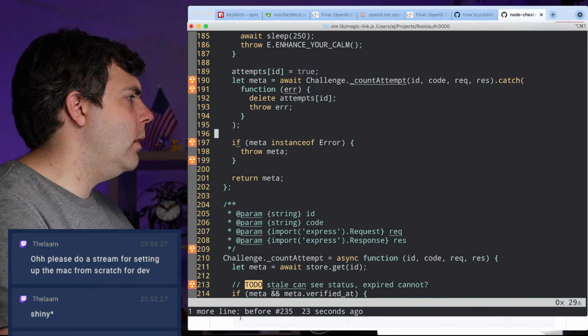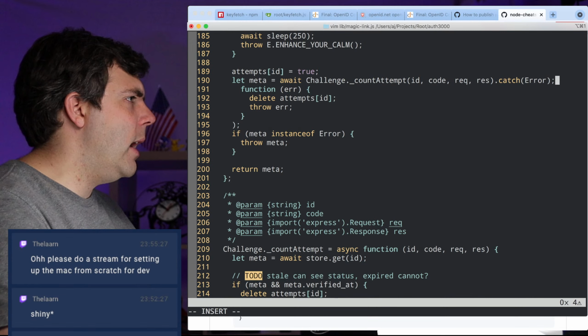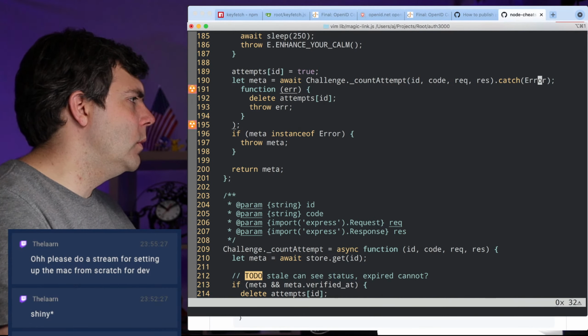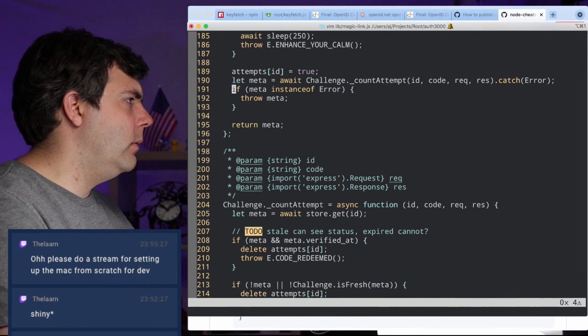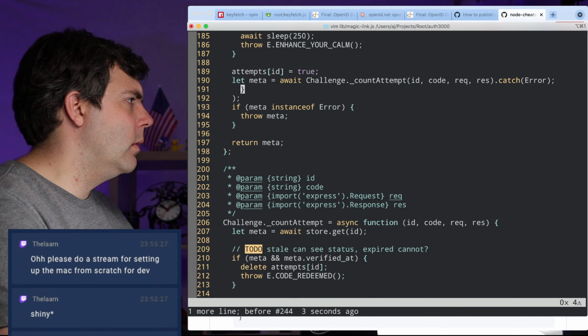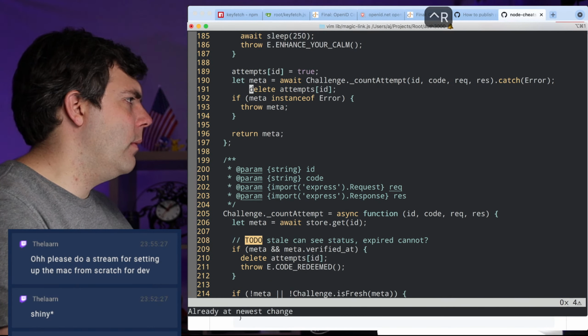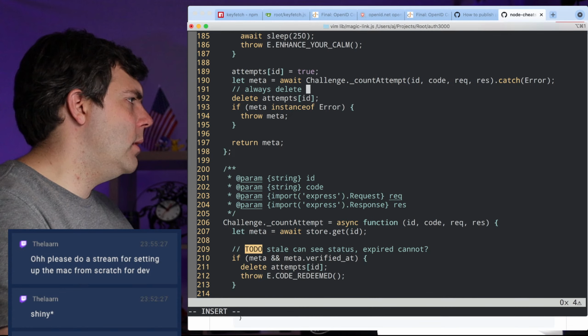Okay, so now I'm going to go back on it. I think that the way that I just had it actually is a bit simpler. So this is always delete the attempt.